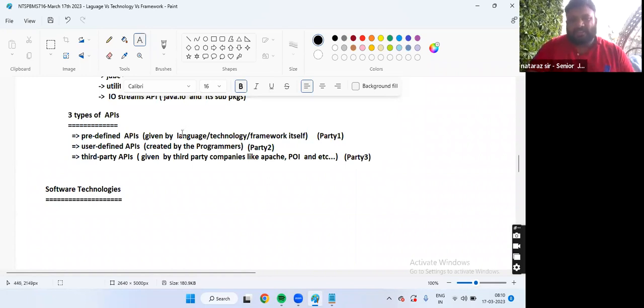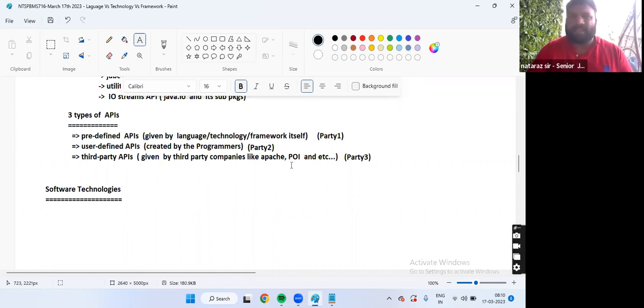Okay, guys. Java language is given by Sun Microsystems, now acquired by Oracle Corporation, right? I'm using an API which is not given by Sun Microsystems or Oracle Corporation, and is also not created by programmers. It is given by some company called Apache, or Poi, or Lombok. These are not language creators, technology creators, or framework creators, and they are not programmers either.